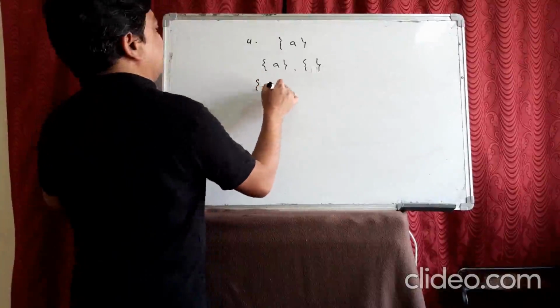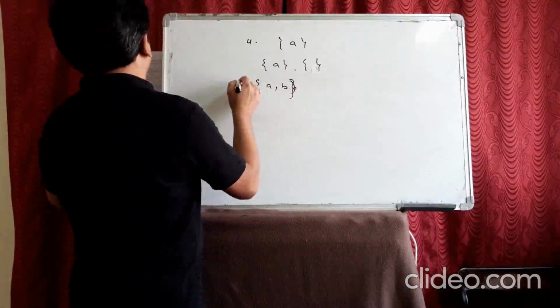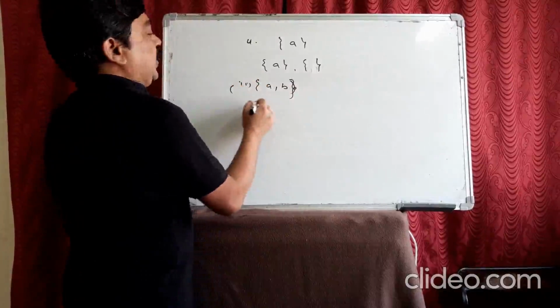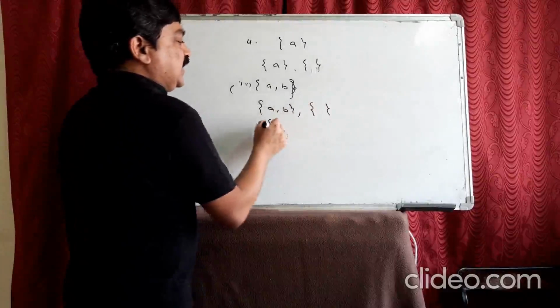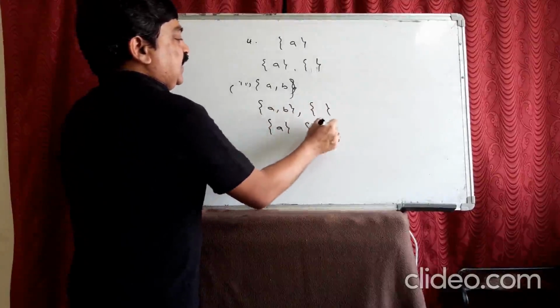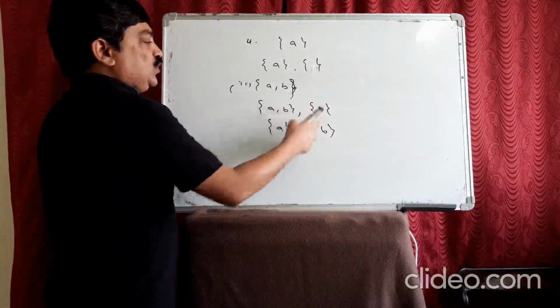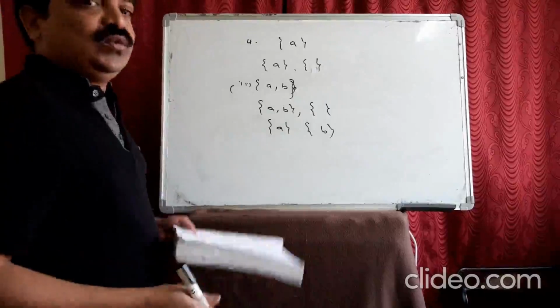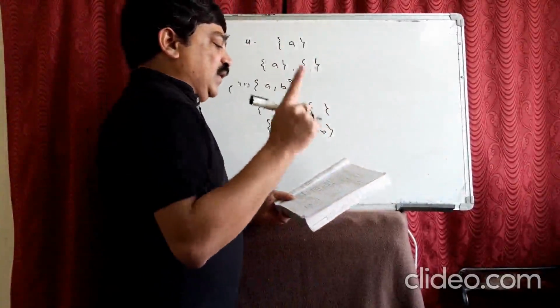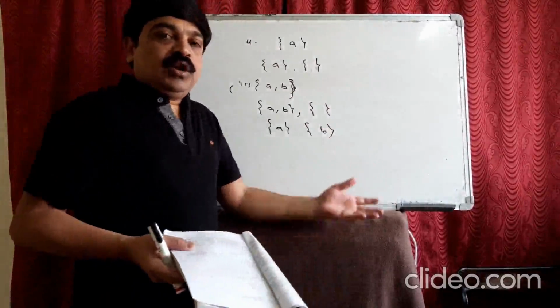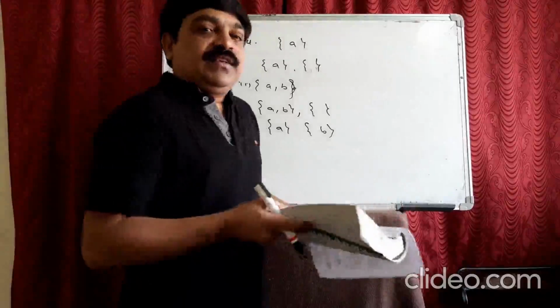Second question is AB. Okay. First, the same set, one subset, empty set. Okay. How many did we get? 1, 2, 3, 4. That means 2 power 2, 4. For 1, 2, 3, I think I have explained an example to you. For the null set, there are no elements, 2 power 0. So itself is a subset.